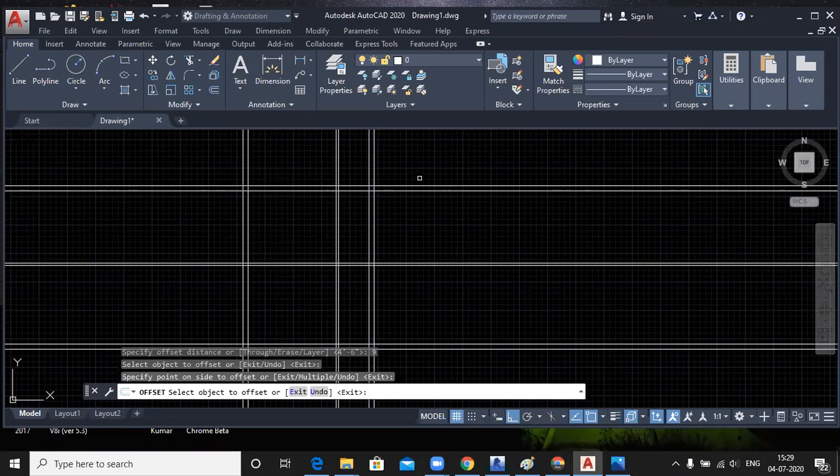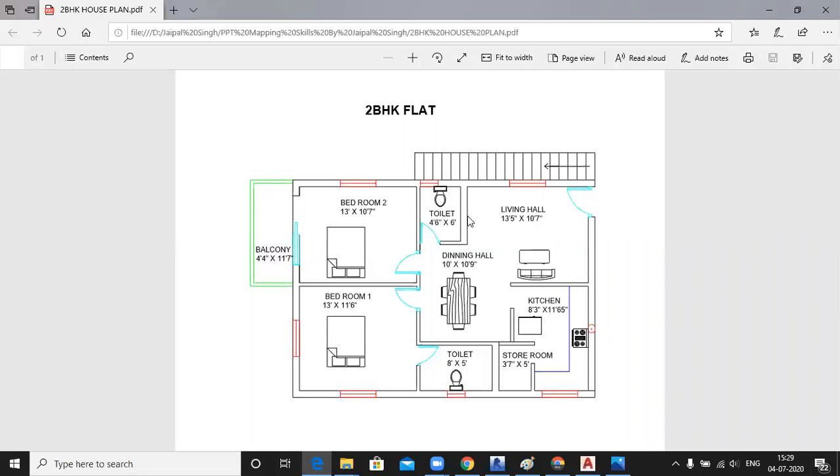But in your plan, it is clearly mentioned that this wall is 9-inch. Yes, that's why it is mentioned, sir, but I'm asking generally. Yes, you are right. Generally it is a 4-inch wall.